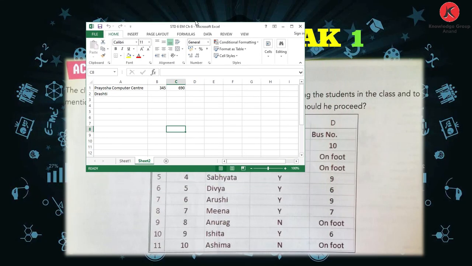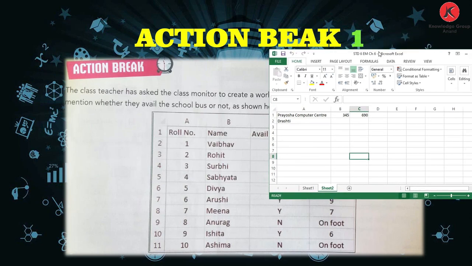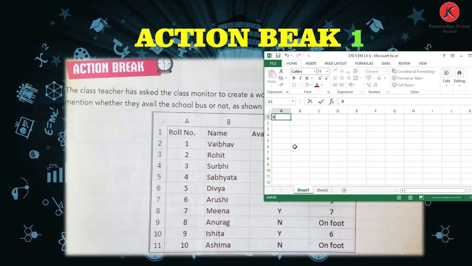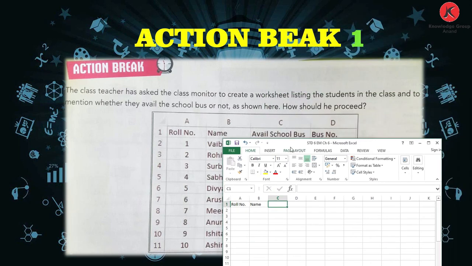Okay, now we are going to minimize the Excel like this. Now click first on A1, type here roll number and full stop. Now press the tab key to move to the side, B column, type name, then type available school bus.